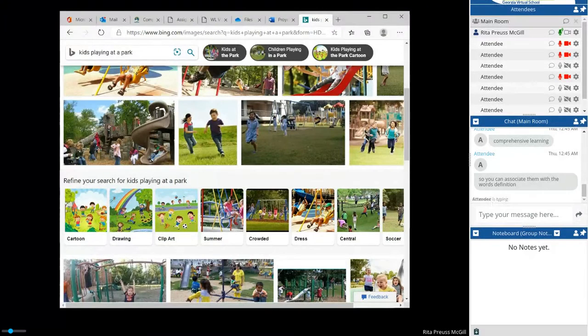It is comprehensive learning. And that's exactly what I was going for, Saida, is that your brain likes images more than it likes words. So it's going to be really important that you associate your vocabulary with pictures, because that's how you're going to build a stronger memory, right? And that's why we do these vocabulary projects, because honestly, you're going to remember it more if you have those